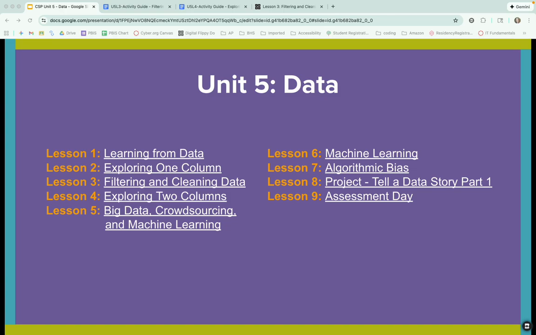Welcome to Unit 5, Lesson 3 of AP Computer Science Principles. We have started to explore how to use charts to process data stored in a table, but there are challenges with doing this. The ability to process that data depends on the users and available tools. So in this lesson, we are going to explore ways to refine the data